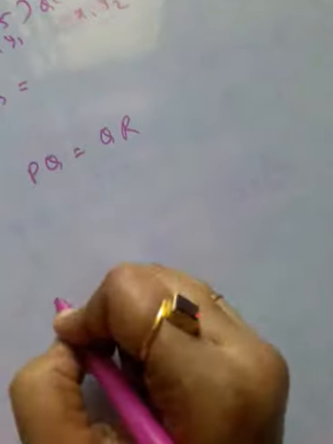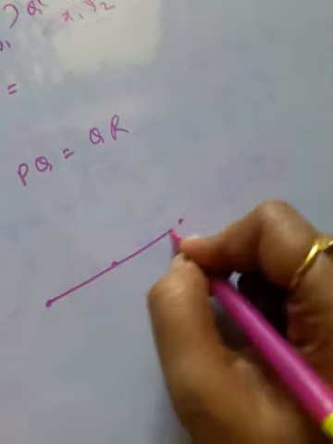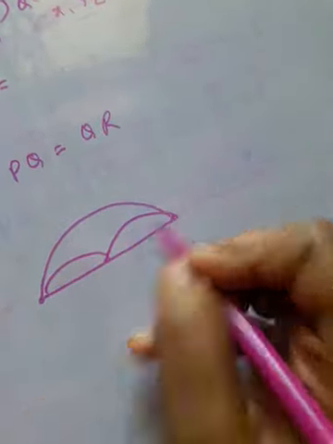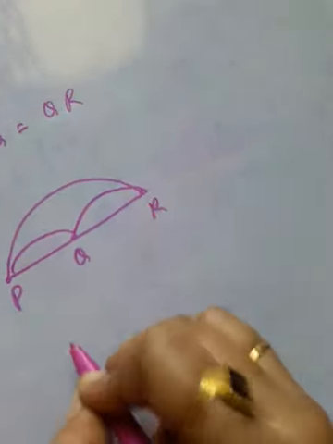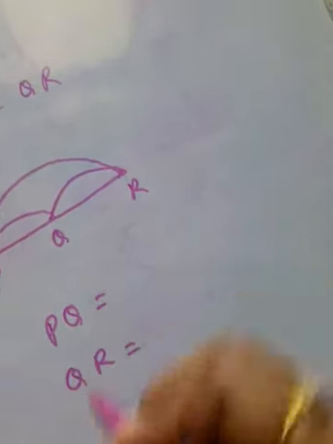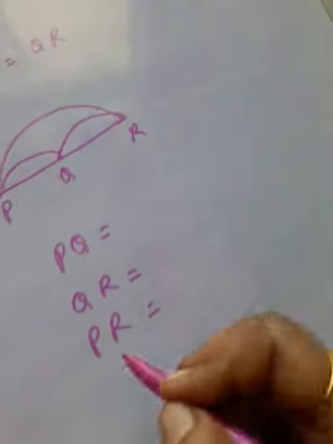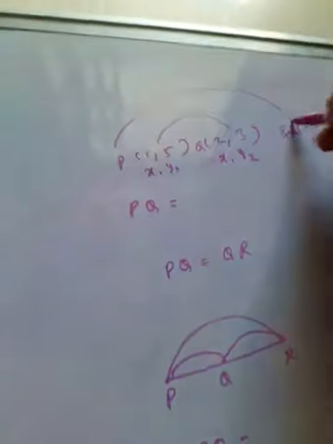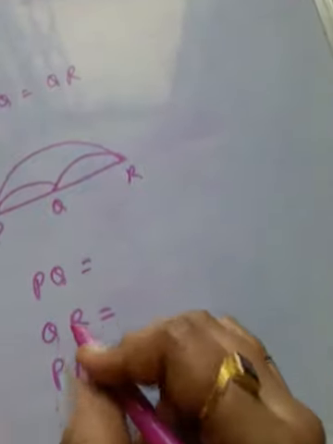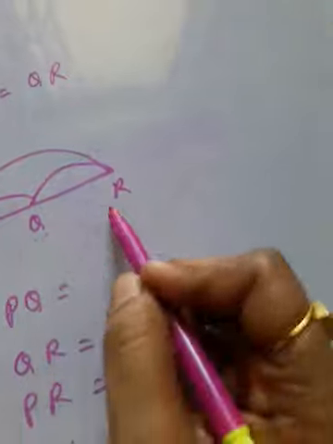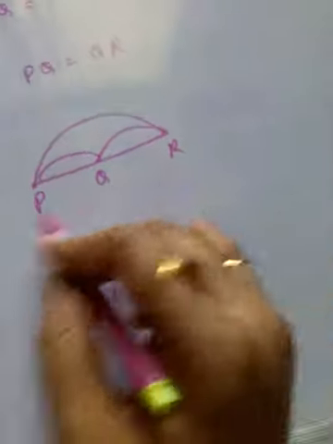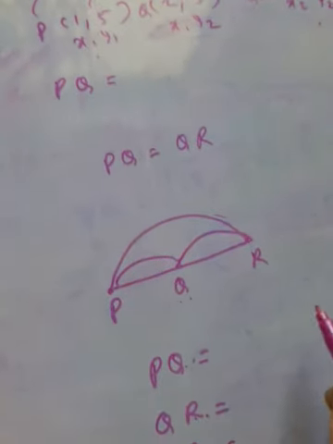Collinear points means the points are in one line. So PQ plus QR is equal to PR. For P, Q, R, we have to find the value of PQ first by the distance formula, then QR, and then PR third. How to find PR? Take x1, y1 as P and x2, y2 as R. Find the distances: if the addition of PQ and QR is equal to PR, then you will get that these three points are collinear. Okay, then